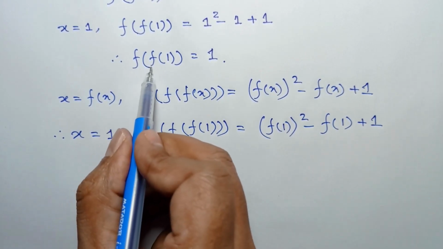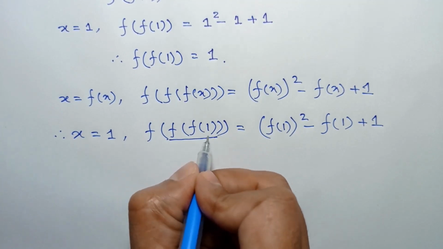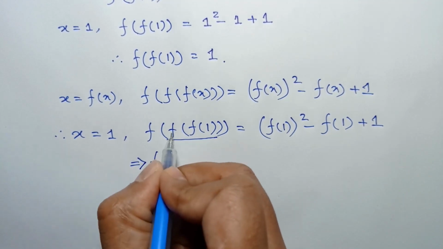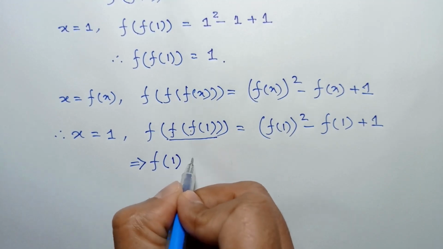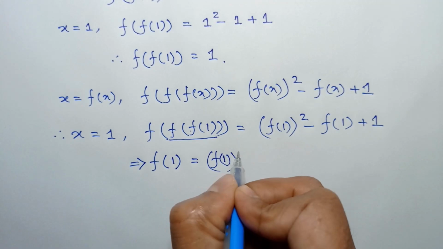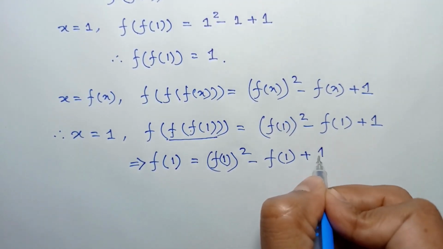As f(1) is 1, substituting this as 1, we will have f(1) is equal to, on the right side, f(1) whole square minus f(1) plus 1,